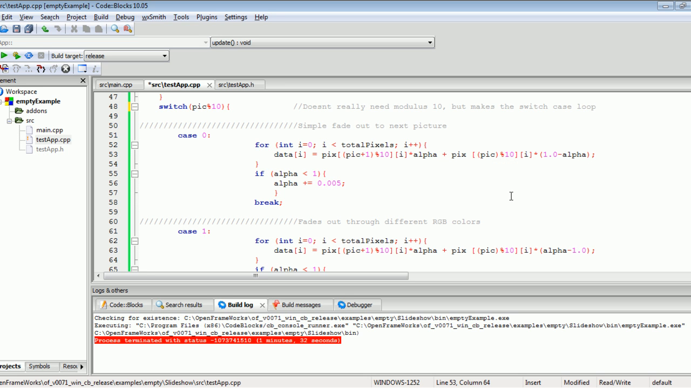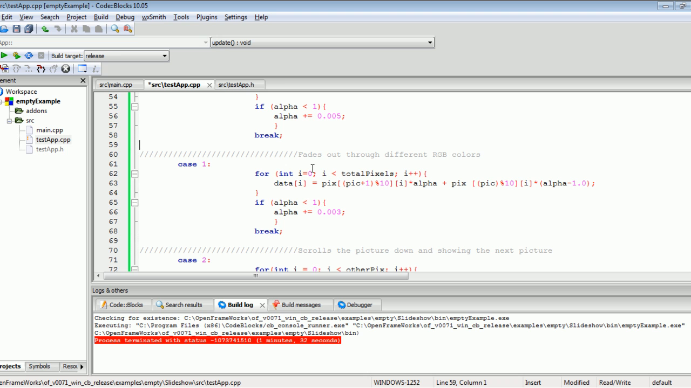Second picture, and then an if sentence for the speed. So if the value of alpha is less than 1, it uses the speed, and basically it's always less than 1, I think. And when it reaches more, then it just breaks and goes to the next case. And the next case is